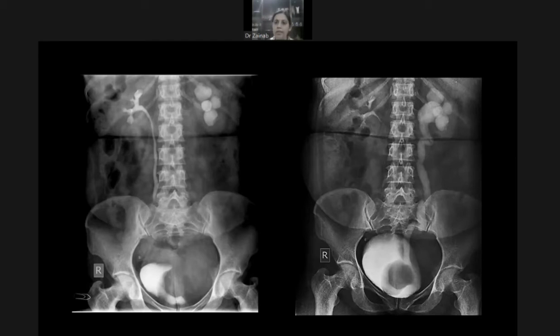Okay, and it is often aligned with the axis of the ureter, right? So this is forming a sharp angle with the axis of the ureter, and it is very rounded. Whereas if there was a ureterocele, as we see in most of the cases, they are more ovoid, more horizontally oriented. So the morphology and the orientation is not that of a ureterocele. And secondly, as you rightly said, there is no halo that is often associated with the ureterocele.